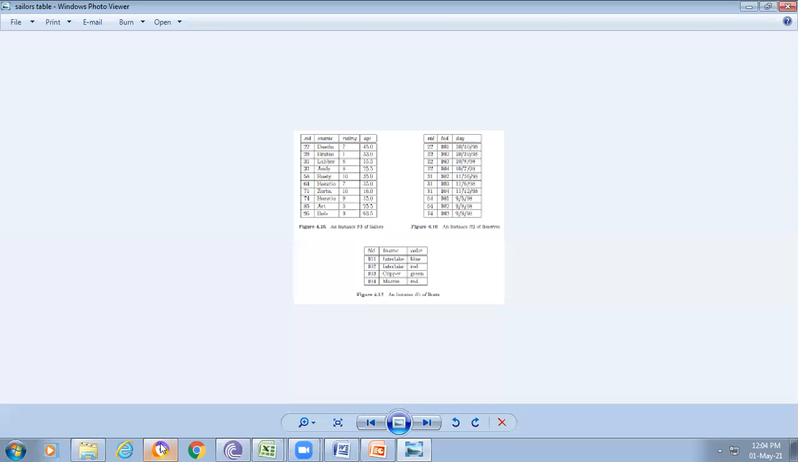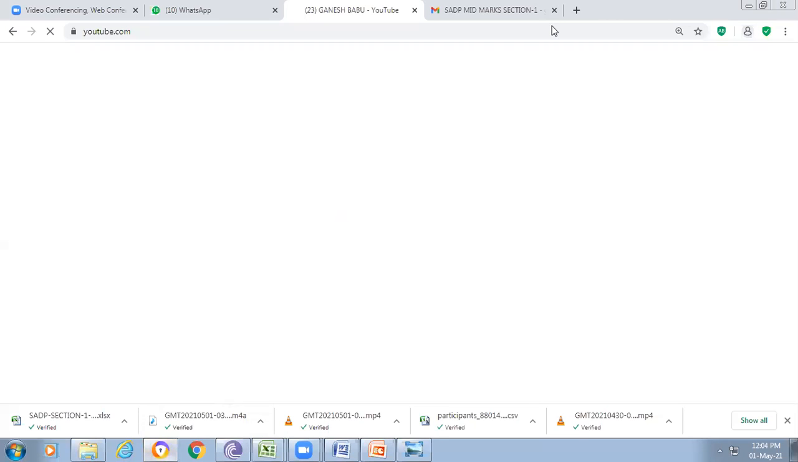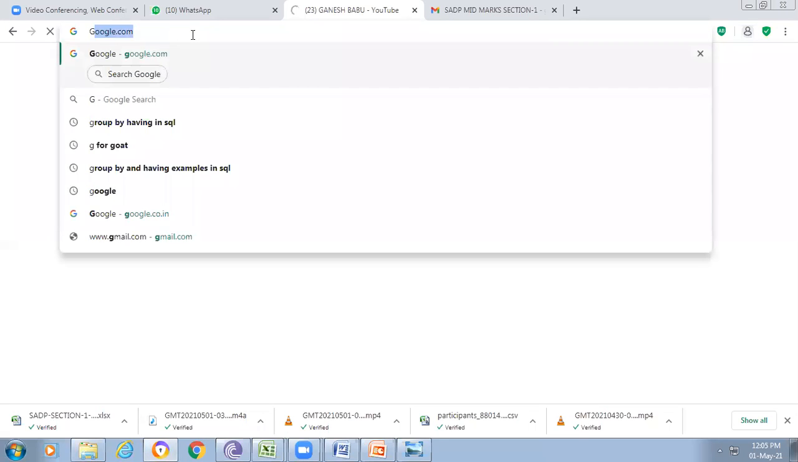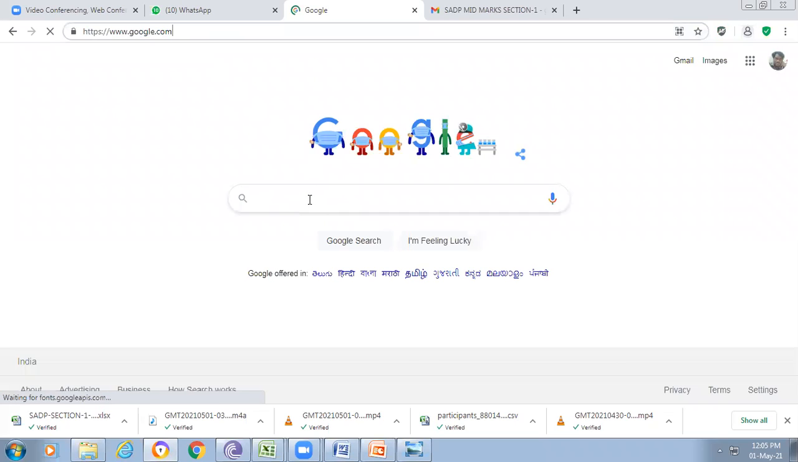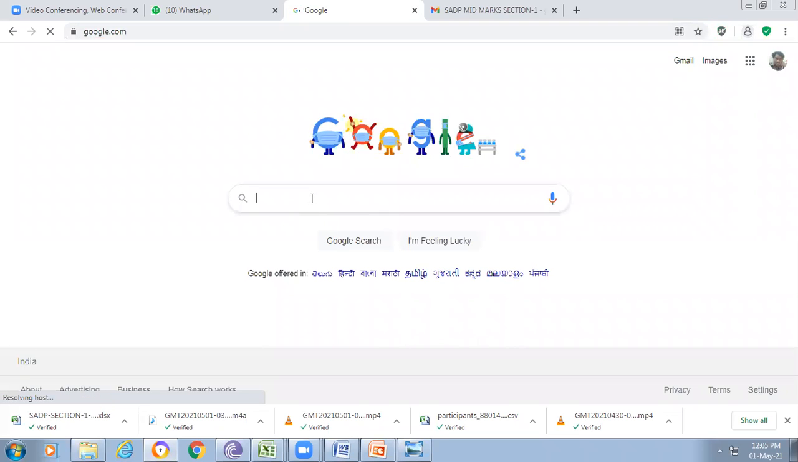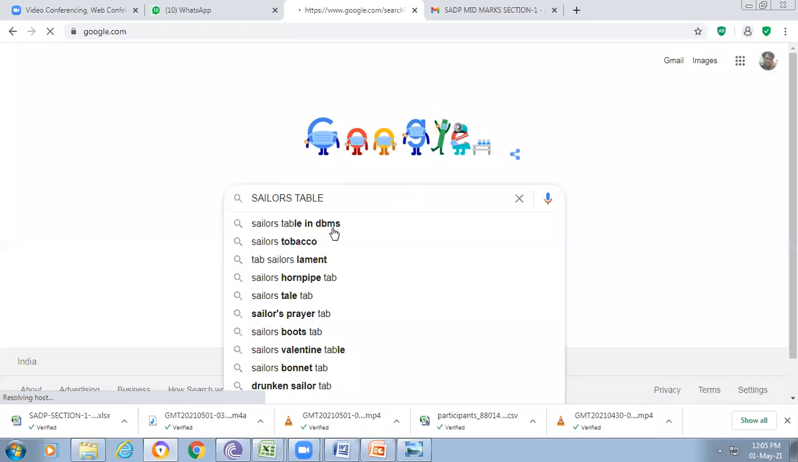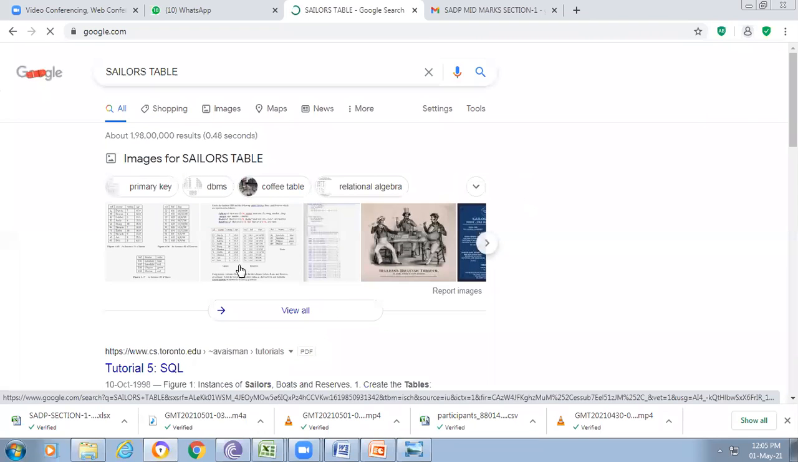So how can we download this information from Google? Just try to see. Type the sailors table. So what is the use of this sailors table? We try to practice so many queries from these tables. Sailors table in DBMS. Okay,